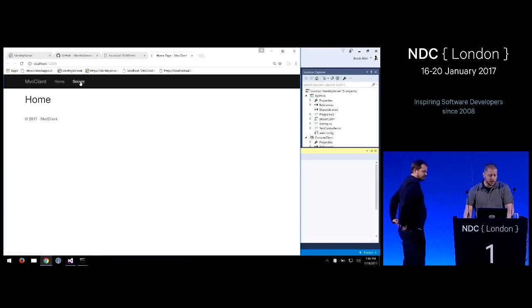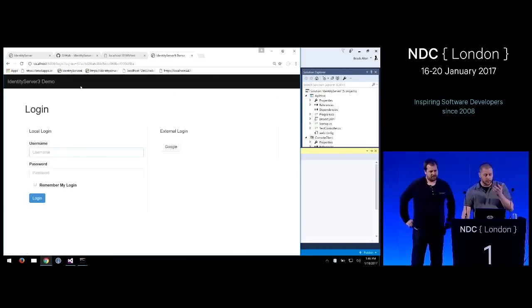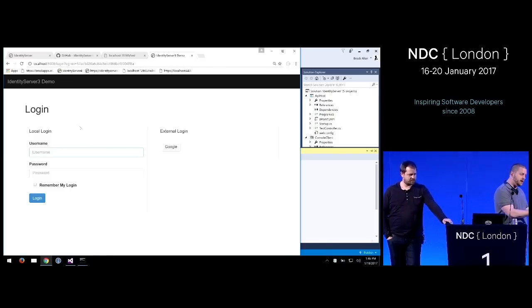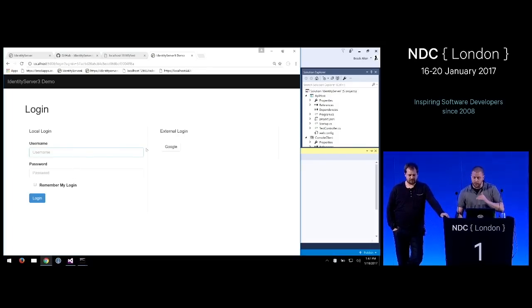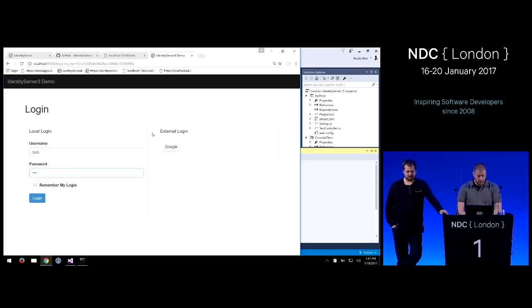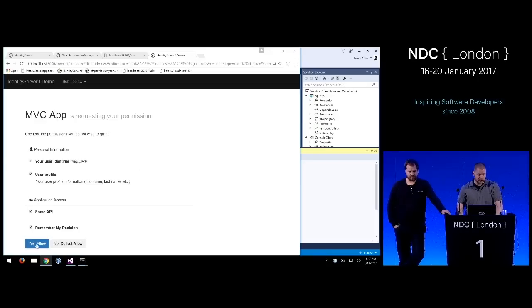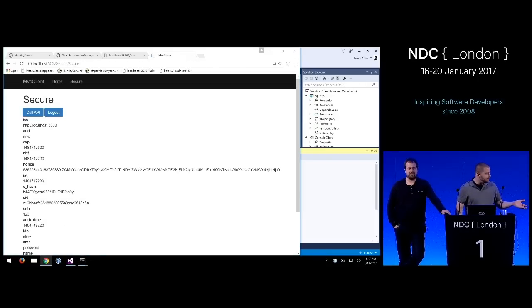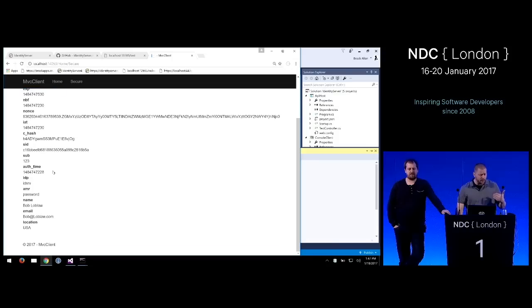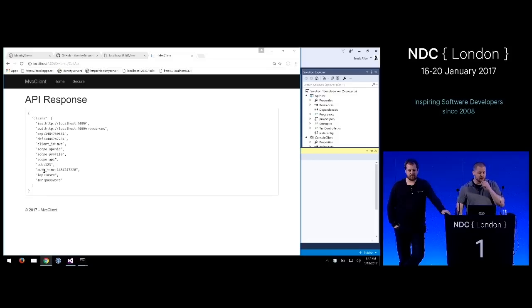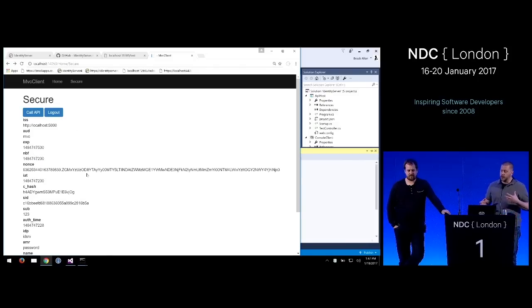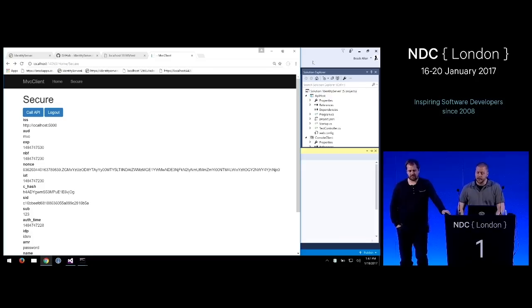So the MVC application now wants to log a user in. So we'll go to our secure endpoint. This is redirecting us first to IdentityServer. The user's going to log in there, get their single sign-on, or if you want to do your Google logins, we can do that. Here's our consent screen. And then we're back in the MVC application. All right, we've now authenticated. We know the user, their name, their unique ID. And then we can invoke our web API, again, on behalf of the user. So the web API knows who is invoking it. So that's the setup.